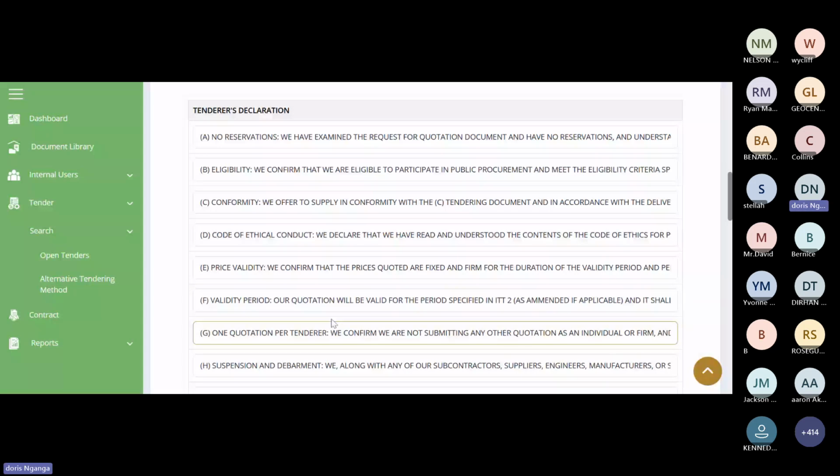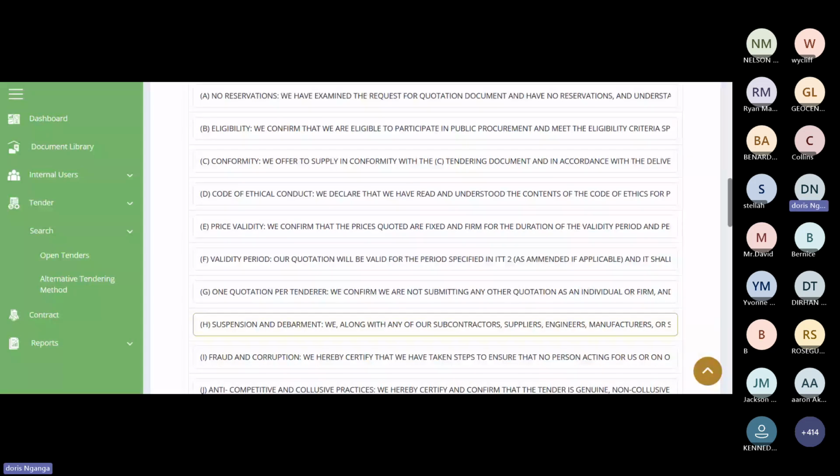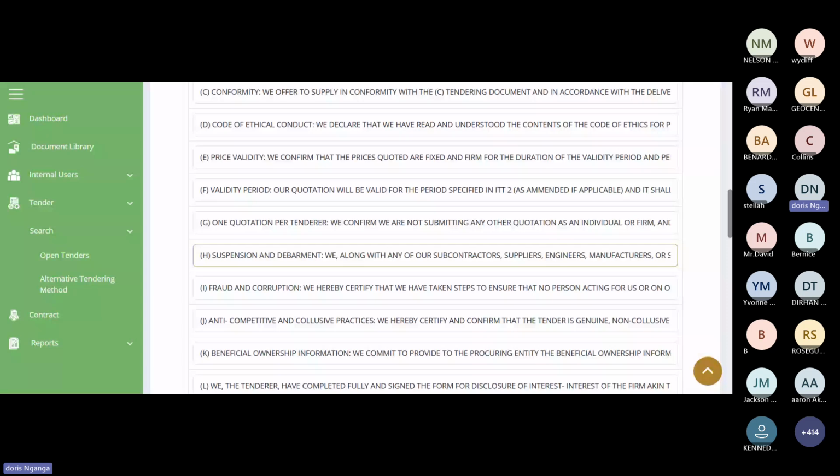We confirm that we are not submitting any other quotation as an individual or firm, and we are not participating in other quotations as a joint venture member or as a subcontractor. The other statement is talking about suspension and debarment.